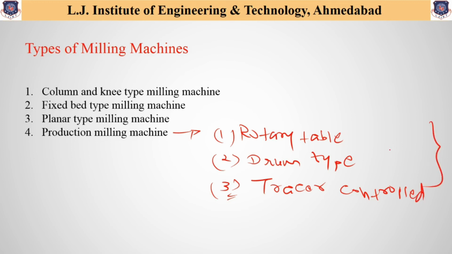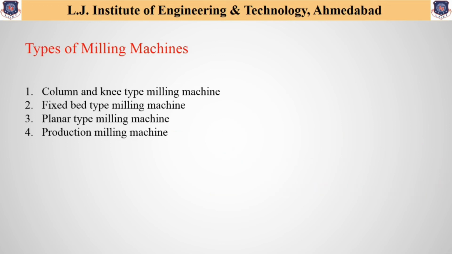So keep the names of these machineries in mind, because this classification or types of milling machine is also important from an exam point of view. That's why I am listing the sub classification of all these milling machines. And now the last one is the special purpose milling machine. And as we know, any special purpose machine is used to generate any specific component or any specific profile.